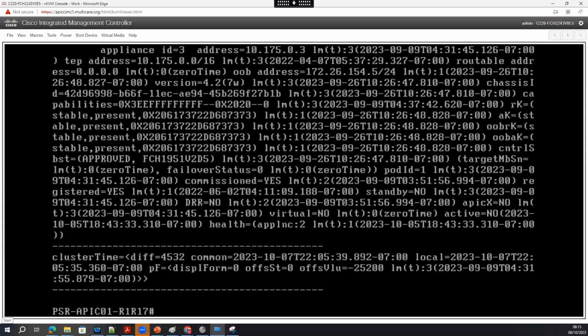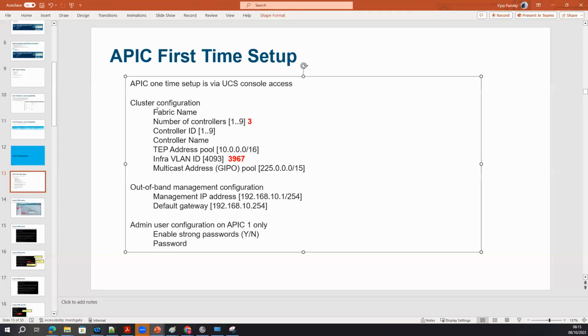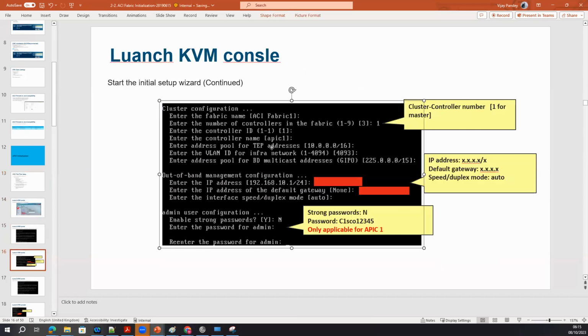So the first time you bring up the APIC, this is how the interface will show a cluster configuration. Then you have to define all the configuration one by one. This is how we define it: the host name, and if you do not want to give a customized name, it will automatically select ACI fabric 1.